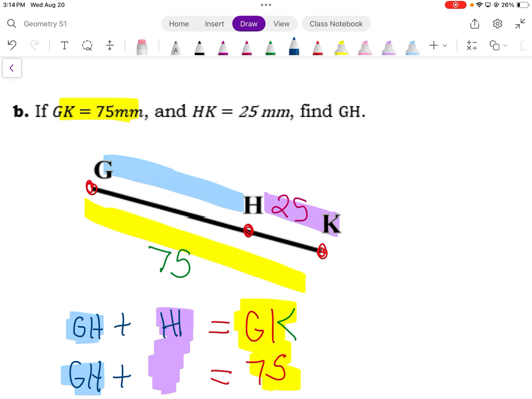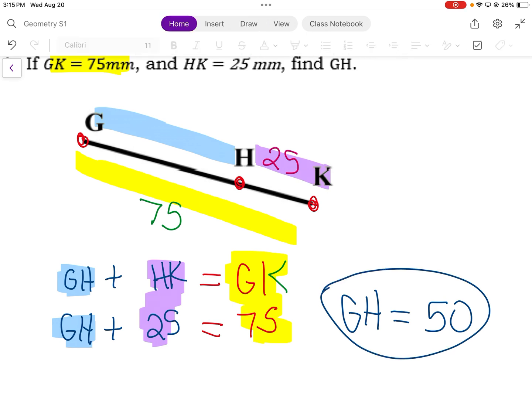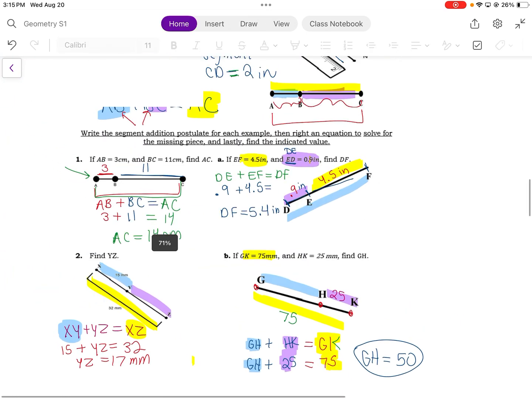HK equals 25. Now that seems very extra just to find out that your answer is 50. I know, it seems a little bit much. But again, we have to go slow to go fast later. So we went slow today by adding, so you learned